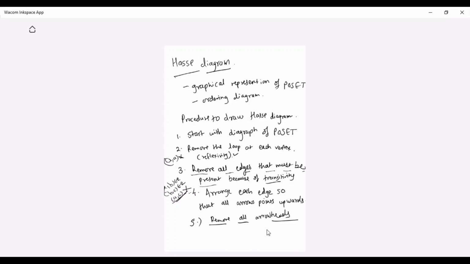Now we will see a simple problem and you will come to know how to construct the Hasse diagram. Just observe it, student.